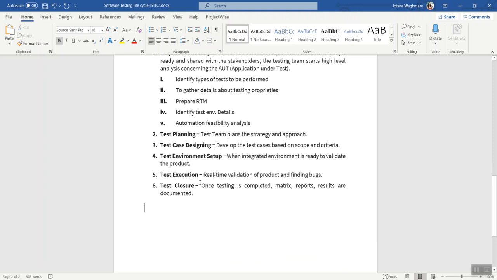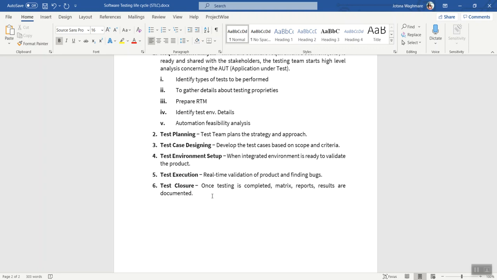The next phase is test execution. After the test cases are completed, the next phase is test execution, which is carried out by the testers, in which testing of the software build is done based on the test plans and test cases prepared. And the process consists of test script execution.